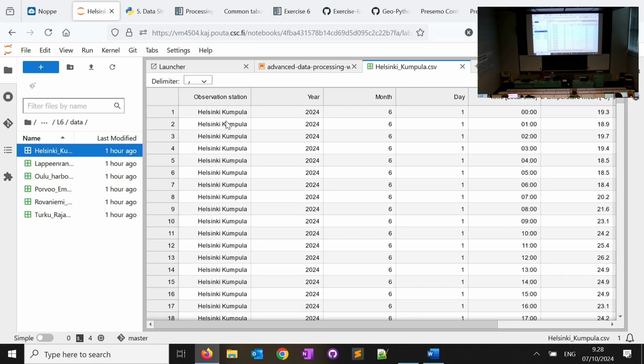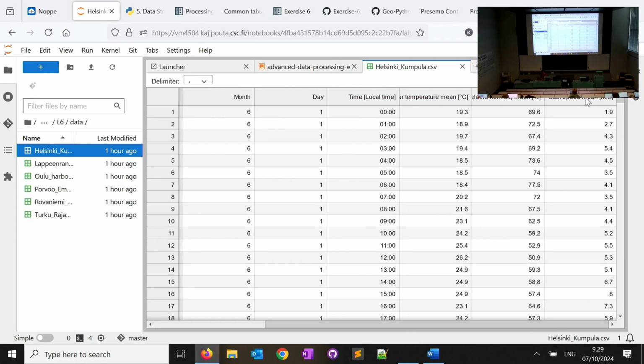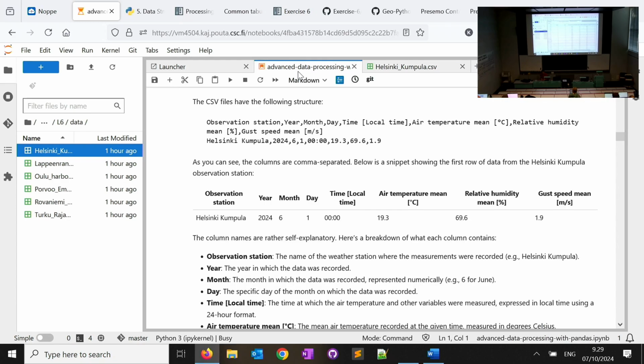If we quickly look at the columns we have in our data, we have the observation station, that's our first column. Then we have the year from which we collected data. In our case, it doesn't add any new information for us. It's all from summer of the same year. Then we have month, we should have values 6, 7, 8 because it's from summer. And then we have days. Then we have a column time, the time of the day when the temperature was recorded, and a few other things. We also have the wind speed and the humidity. We are not going to work with this. It's just for the beginning. We will see how to get rid of those columns.